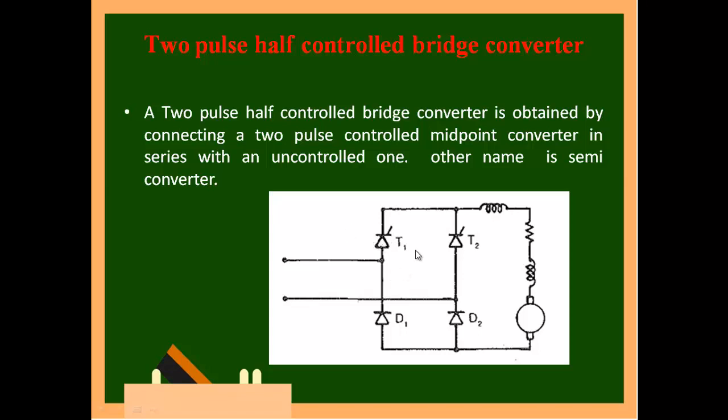So during the positive half cycle, when I turn this on, what will happen? See here, the current flow path. Current will enter through this T1, go to this inductor and your load, then come back and close via this D2. We say current will flow only if there is a closed path, otherwise it will not flow.